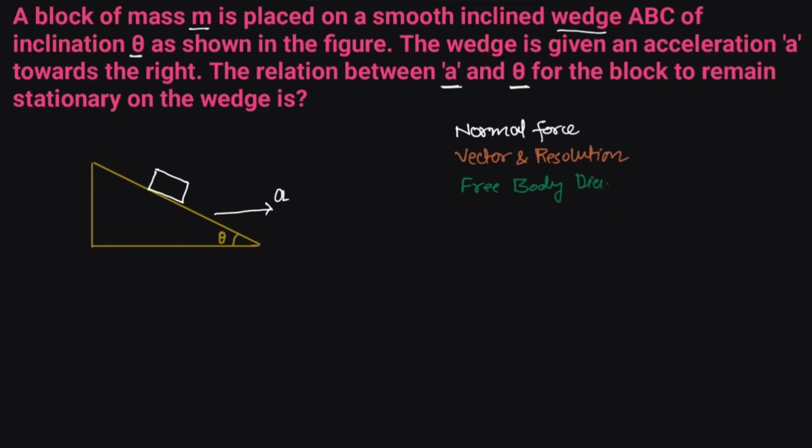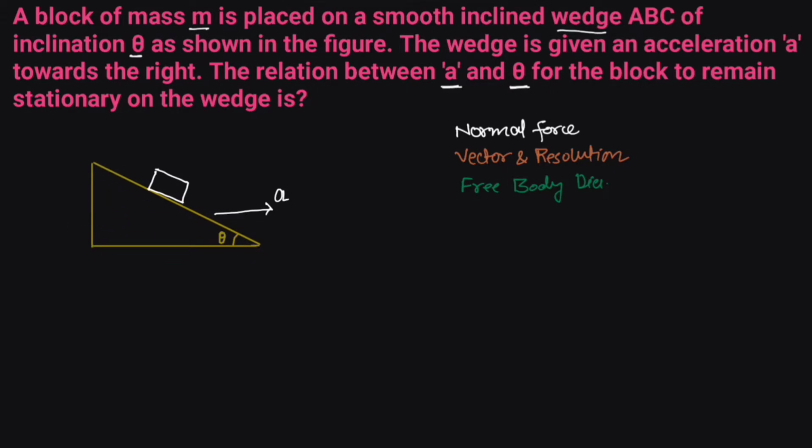So let us start. First I would define wedge. What is a wedge? We all know a wedge is an object which is thinner at one end and thicker at the other end. We all have used some kind of wedge. Suppose you want to stop the door in your home. A door is frequently moving because of the wind, so you put some kind of chip below the door, so it is thin at one end and thick at the other end, so that becomes a wedge. So any solid 3D object which has a triangular shape can be considered as a wedge. This end would be thinner, this end would be thicker.